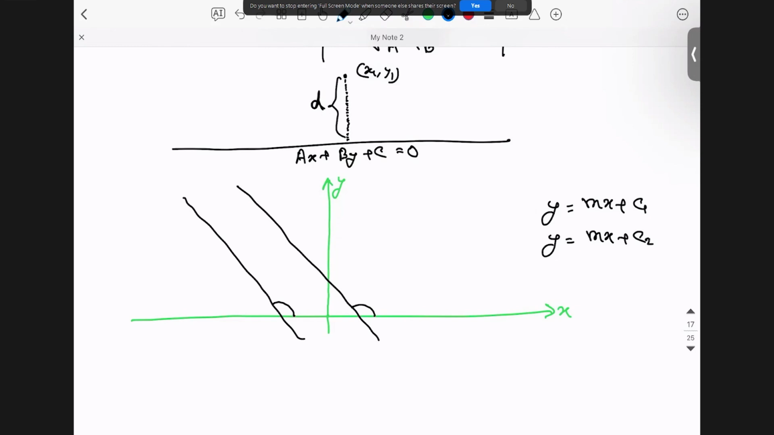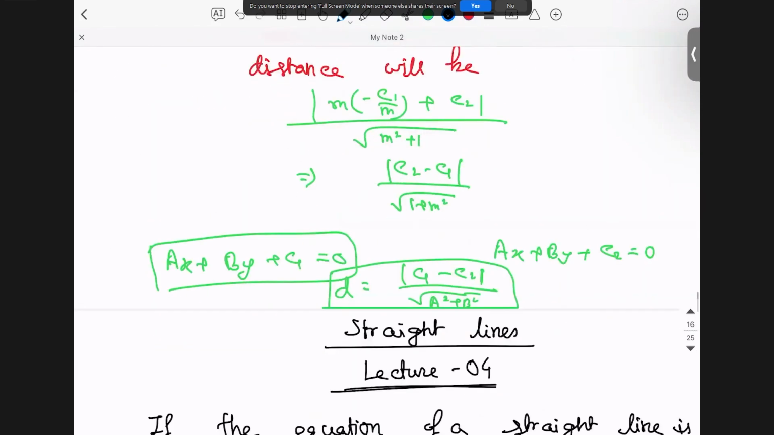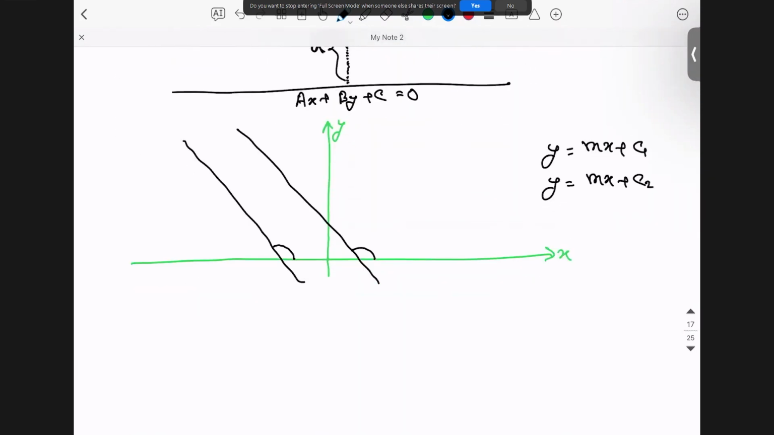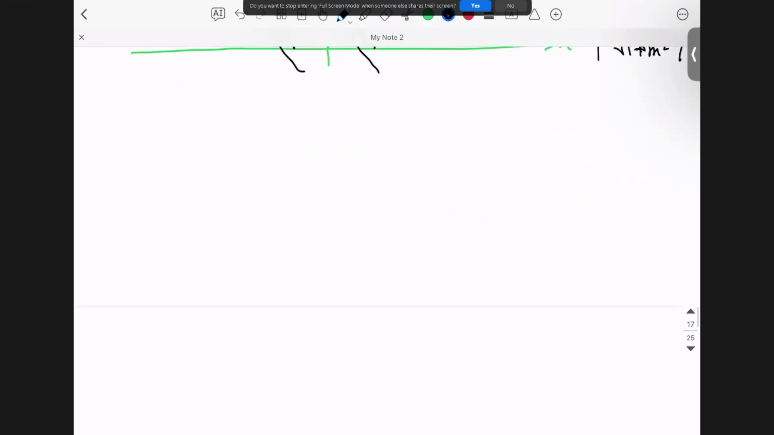Now, in the last class, we discussed the distance between these two straight lines, and the formula was like this: modulus of c2 minus c1 divided by square root of 1 plus m square. Okay. So in today's class, we will discuss a few examples regarding these straight lines and their distances. So the first question comes: